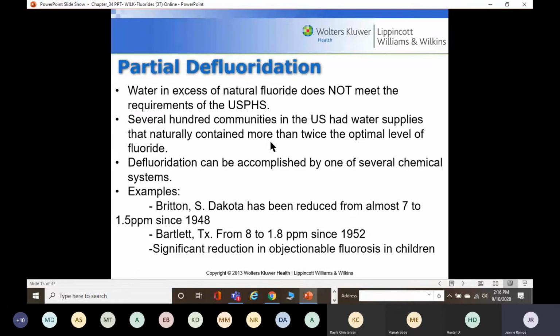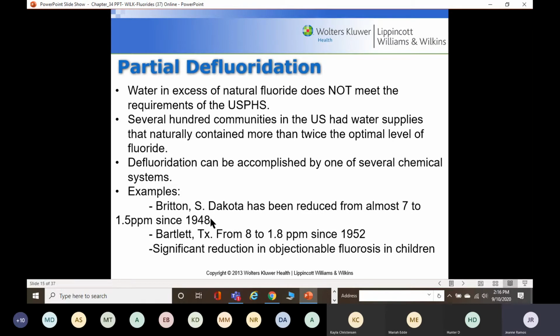Partial defluoridation. When water is in excess of natural fluoride, it does not meet the requirements of the United States PHS, public health system, which is what that stands for. Several hundred communities in the United States had water supplies that naturally contained more than twice the optimum level of fluoride, so they defluoridated it. And so they did it with several chemical systems. Britain, South Dakota has been reduced from almost 7 parts per million that they had naturally to 1.5 parts